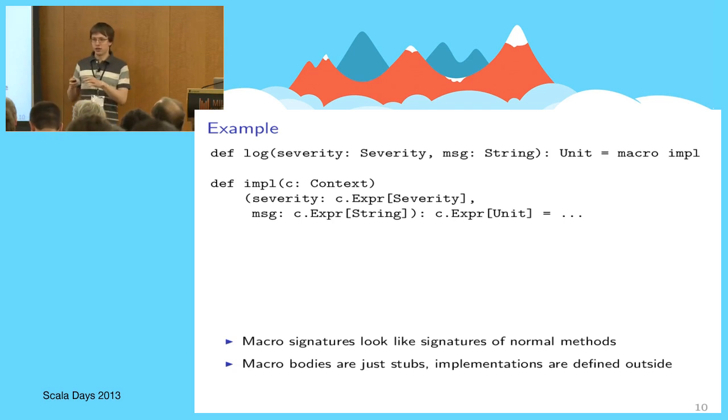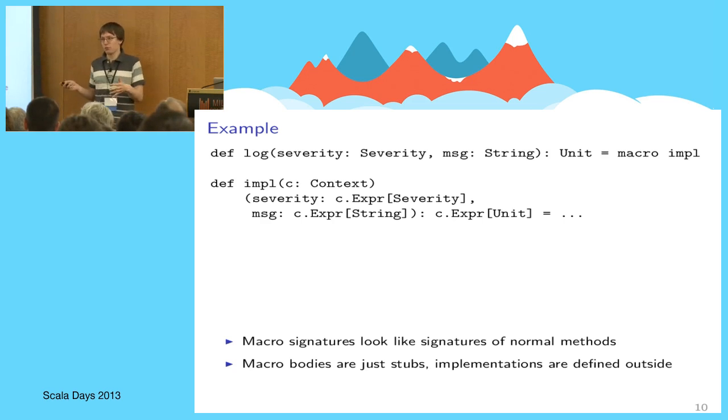Remember I told you about the compiler API? Here it is: it's in this context. It provides an entry into this crazy world of Scala C. We'll see a bit later what this entails, but for our simple example, we just need to generate some code. We need to generate an if. We have the parameters to the log function, and in the macro implementation they come as trees, abstract syntax trees that represent Scala code.